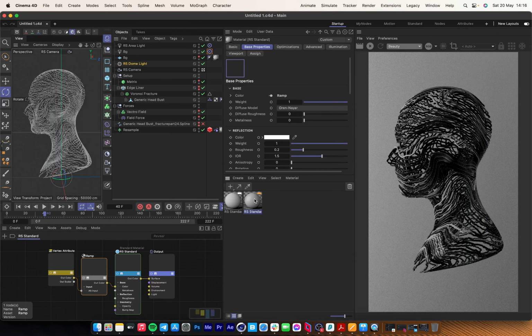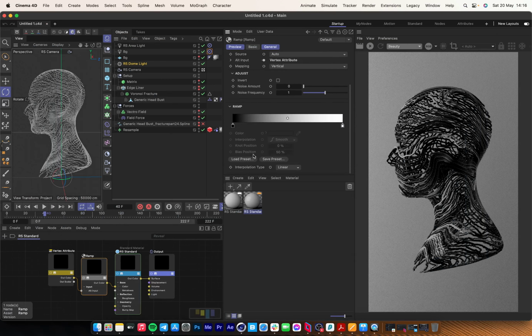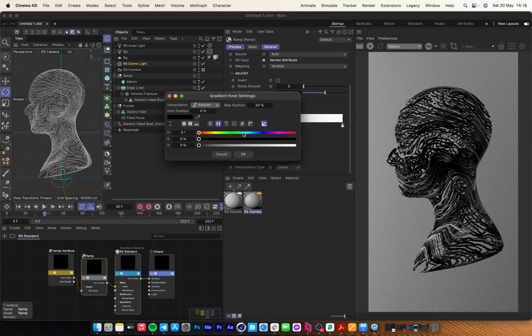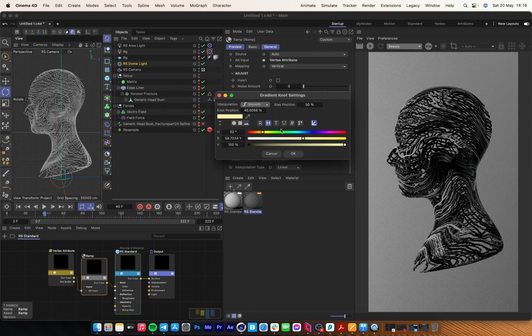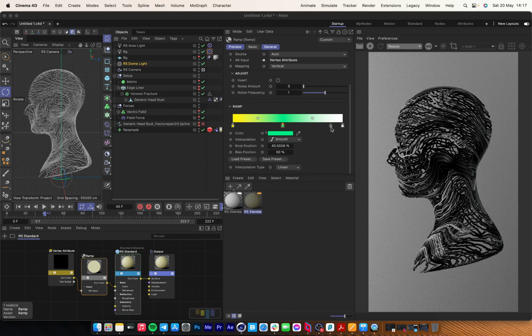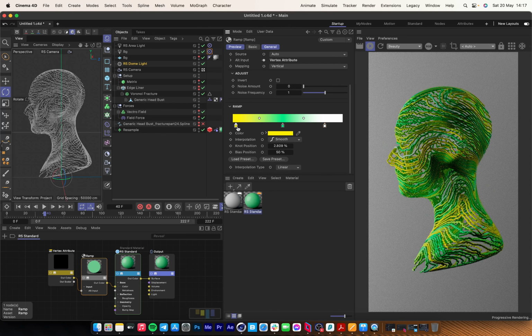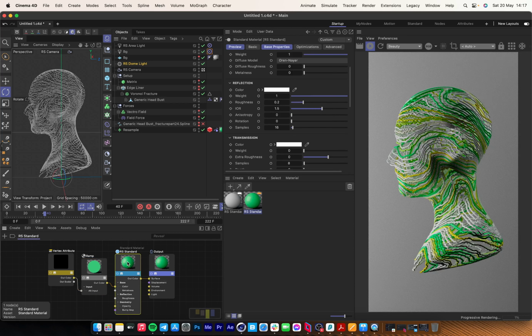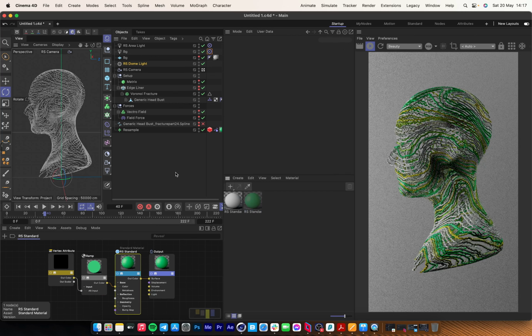Sorry, my C4D crashed, so we create this ramp. Okay. Let's create from scratch. Create one kind of yellow, maybe one kind of green, and let's run it. So as you see, we easily create a gradient for splines. I like this result. And just one more thing, let's go to the array standard material and maybe change IOR from 1.5 to 3,